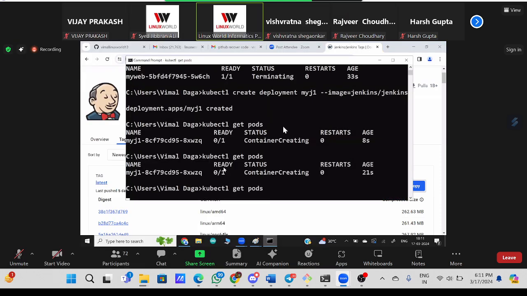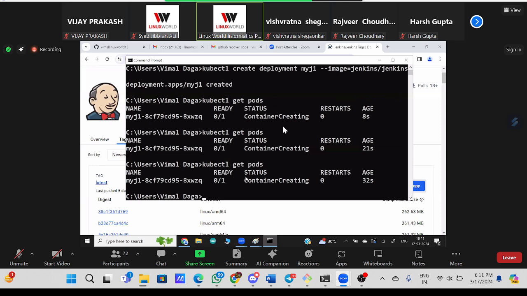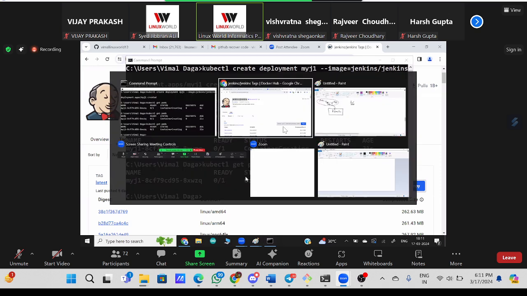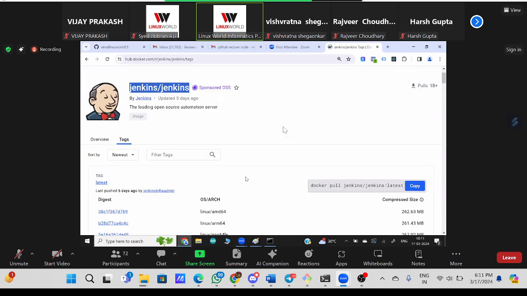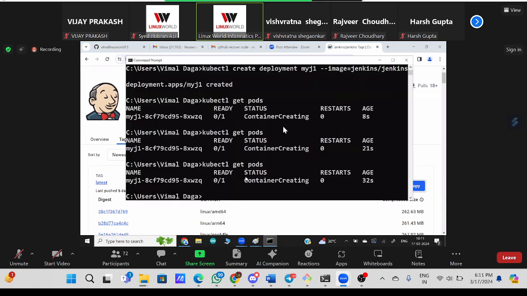And sometime you can see they will be up and running. Okay. And after Jenkins runs, I will log into Jenkins and use Jenkins as per my requirement. For logging into Jenkins, I have to expose Jenkins with kubectl expose my deployment, which I created here with the name my J1,